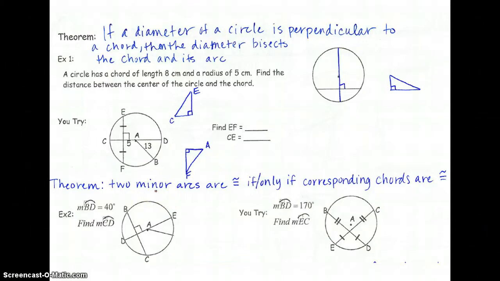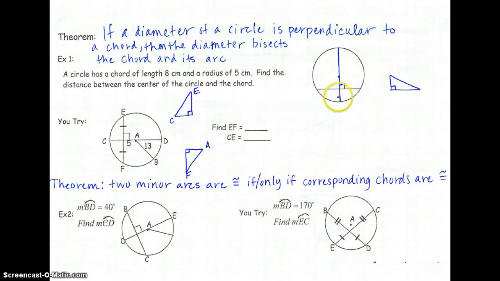Alright, so let's continue on with our circle properties with arcs and chords. Where we left off was our theorem: if a diameter of a circle is perpendicular to a chord, then that diameter bisects the chord and its arc. If you look at our example here in the circle at the right, I have already drawn in our diameter, and make sure that you notice that that diameter is indeed perpendicular to this chord, and I have indicated that